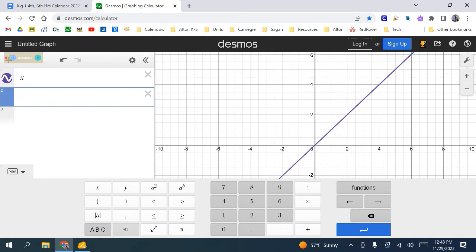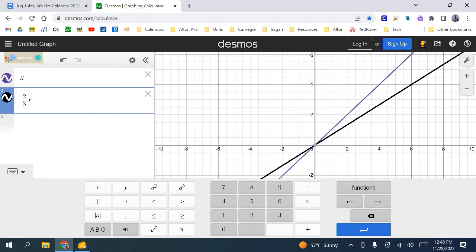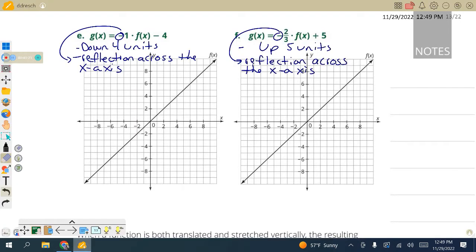Okay, so there's x. So if I type 2/3 x in here, what's going to happen? Now I hear smaller. When you say smaller, you think it's going to make it steeper or less steep? It did, right? So that 2/3 made it a little bit less steep. So what does that mean? Did it get stretched out or did it get compressed? It got compressed. So we're going to take that 2/3 and say right there,